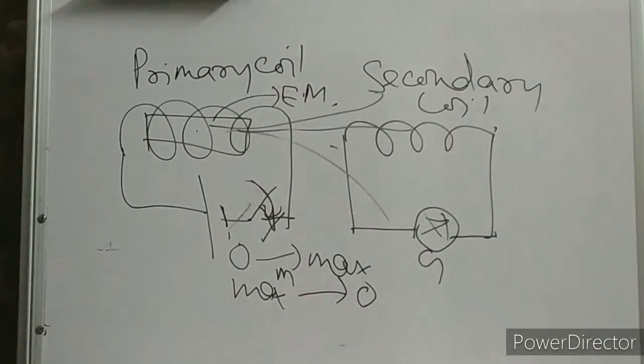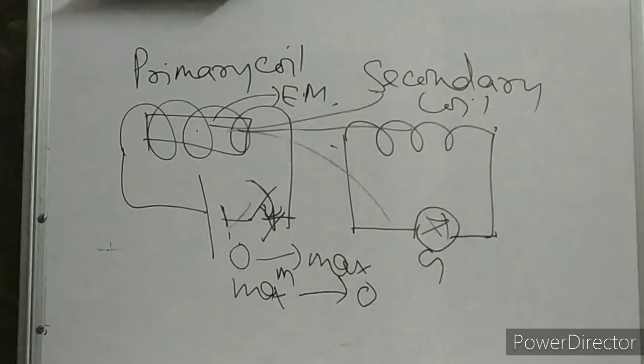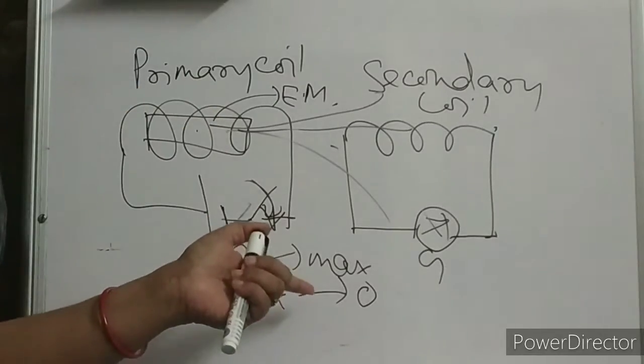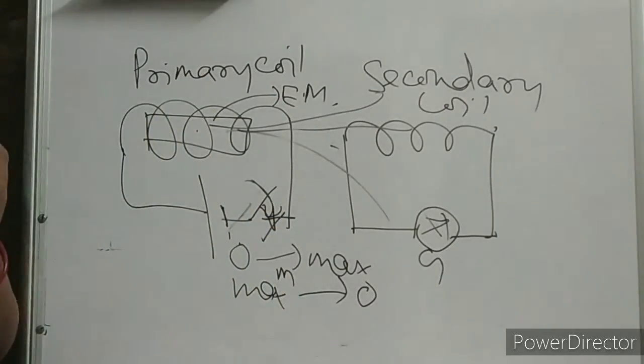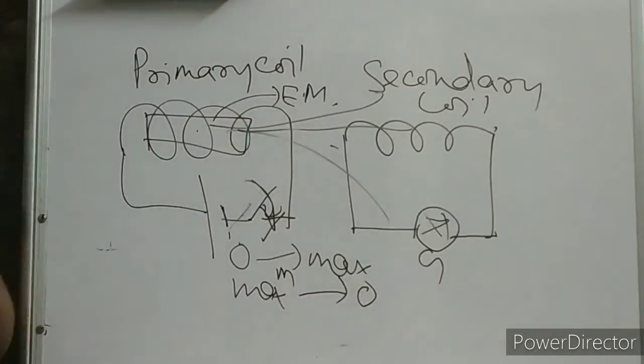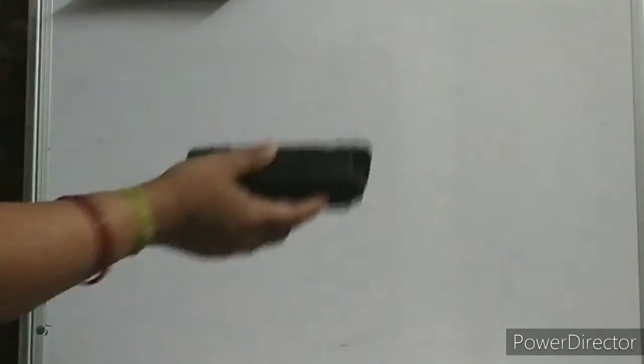And one more thing we have just observed: the magnitude of the induced current is directly proportional to the rate of change of magnetic flux with the coil. Clear? So your magnitude of induced current depends on which factors? The change in magnetic flux and the time in which the flux changes, the rate. It is also very important, the rate. Clear, children? Faraday's law? Okay. Now Faraday's law is done. Lenz's law also I have given a little bit of idea about.